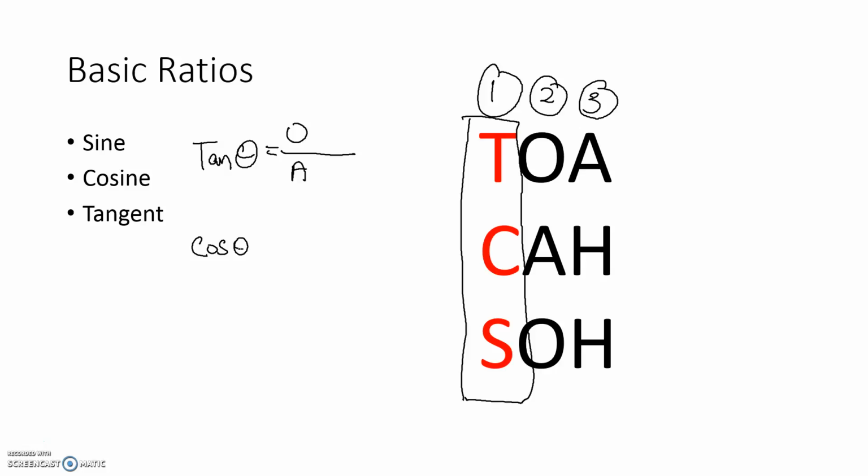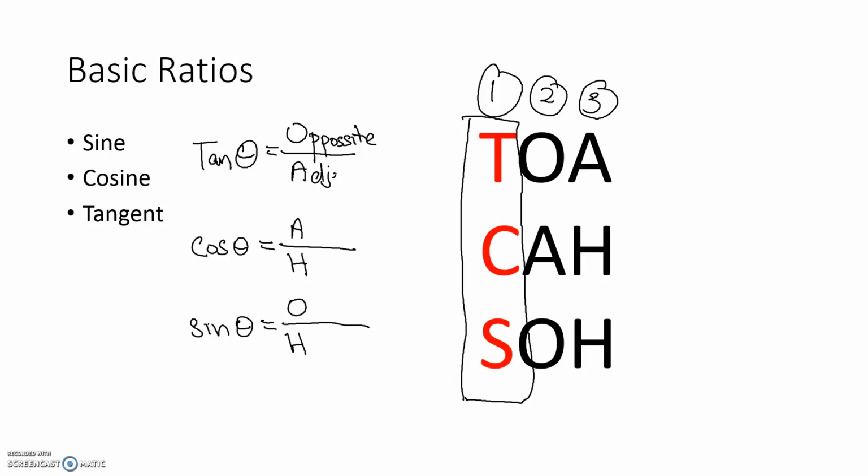Cosine theta, okay, we'll have A over H. And lastly, for sine, please do not use the word sin, okay, it's O over H. Now, what do these mean? Okay, now O, it's opposite,